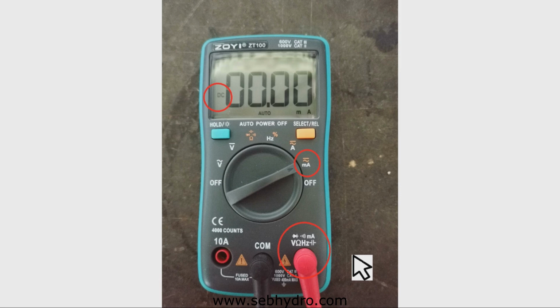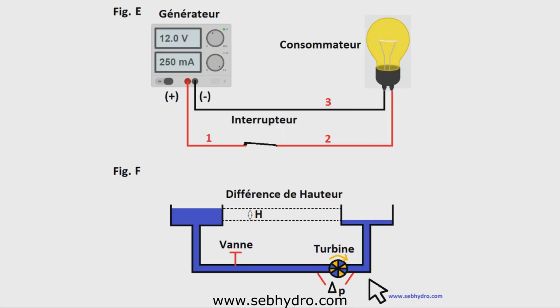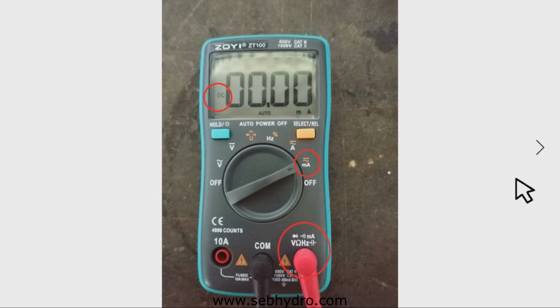Multimeters have an ammeter function. The ammeter is used to measure the intensity. It is, however, necessary to disconnect the electrical circuits to install it in series. By making the analogy with hydraulics, the intensity represents the flow of electrons. To measure this flow, it is necessary to have a meter in series on a circuit. It is the ammeter. The intensity of an electric current is expressed in ampere or milliampere.